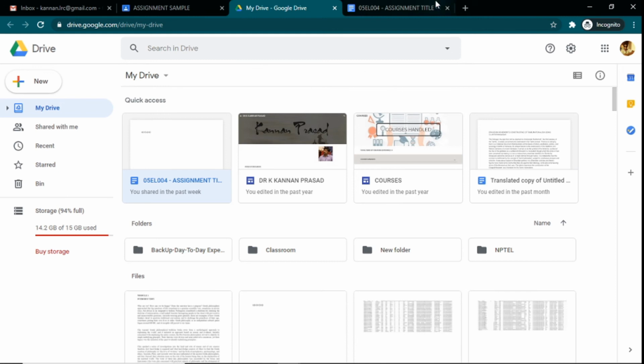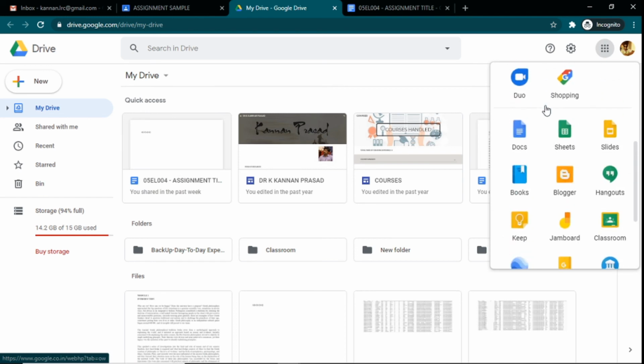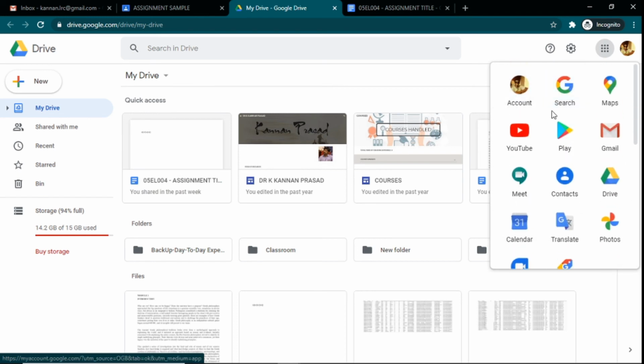I have also taught you how to access that. If you do not know, let me repeat it. It is the grid icon right next to your profile photo over here. You click on it, and you can look at all the apps which are part of the Google array of products. So you have your Google Drive here. If you click on Google Drive, you can look at all the files that have been saved in the drive that is part of the particular email ID, right?